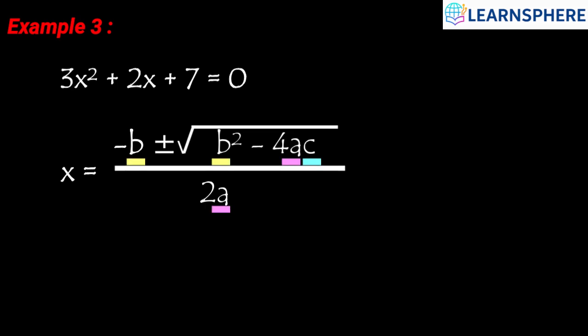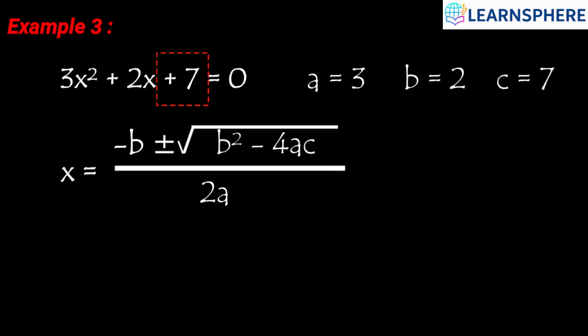The value of a is the coefficient of x squared, which is positive 3. The value of b is the coefficient of x, which is positive 2. And our value of c is a constant, which is positive 7. Next, we simply substitute our values of a, b, and c into the formula, which will give us